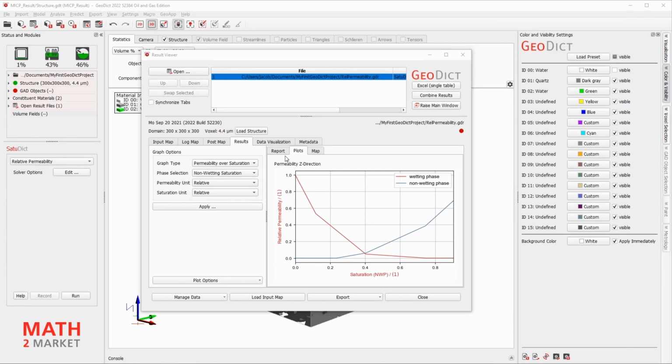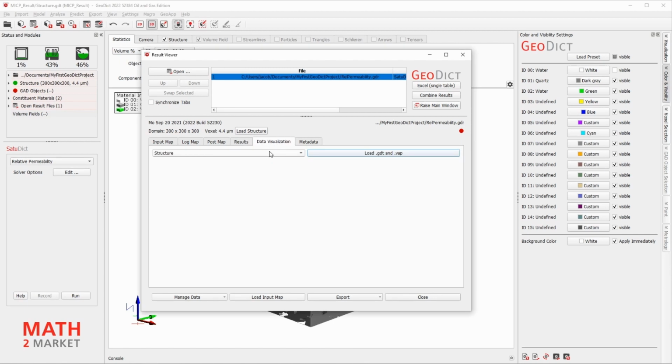You also have the possibility to visualize the data of each saturation step by loading the GDT from the data visualization window.